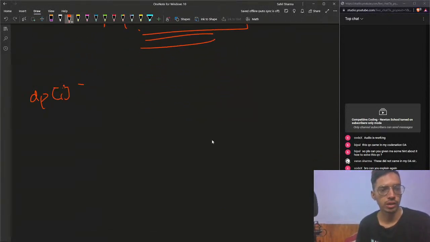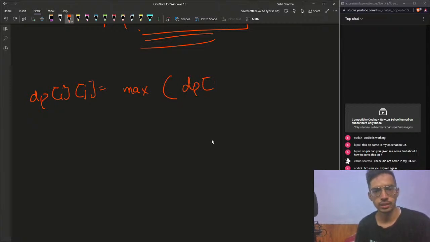Our DP of i, j is equal to the maximum of DP of index x, j minus 1, plus the bitwise OR of x plus 1 up to index i, where x belongs